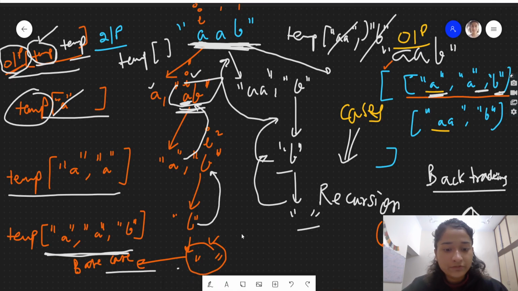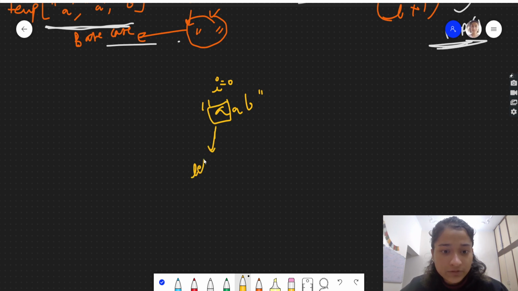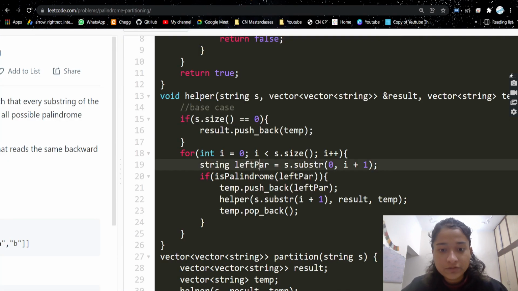For example, if I have AB, initially I is at 0, so this will be our left part. This is the left substring. We will check whether it is a palindrome or not.